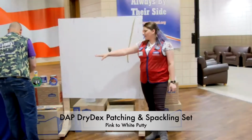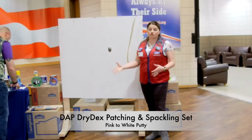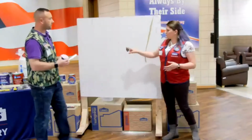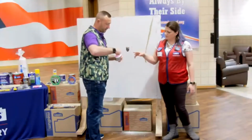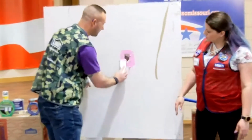The putty we have here is a pink to white putty. You can find it in our paint department. It goes on pink, and when it's dry, it completely dries white so that you know it's time to go ahead and sand, and then you can prep the wall. So you'll take a little bit of the putty and go around the edge. And as you can tell, it's pretty pink. Yeah, it's neon pink, and it works very well. I've had to do this before. And once you have your starter